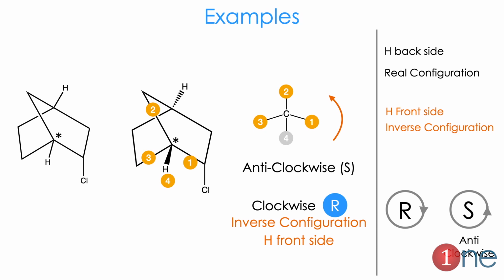So the next example is hydrogen attached with the rigid carbon. Here I have shown the chiral carbon as a star. If we rewrite with wedge and dot structure, we get hydrogen on front side. The story is the same. Hydrogen on front side means it should be the inverse of the configuration. So here you assign the preference based on chlorine side carbon as 1, rigid carbon as second and the side carbon as third. Hydrogen is on front side, which is 4. If we do the arrangement study, we see 1, 2, 3 in anti-clockwise direction, but hydrogen is on front side, so it should be reversed. So inverse in configuration, it is on the reverse side.